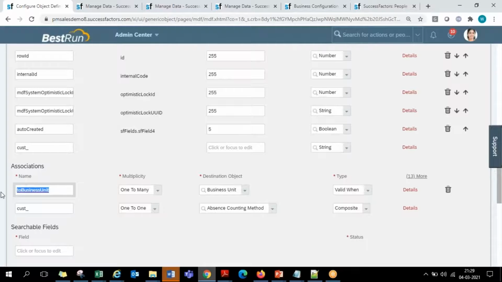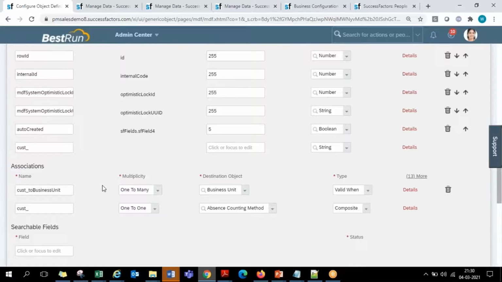Division to business unit is the name of the association they have given, that is, in the division object, the association to the parent is called to business unit, the name that the standard has given. And for every name, the system automatically adds cust underscore. So cust underscore marks any custom association. This will not be present by default in the system. When you go to the customer system, this is not a default linking between the layers. You are connecting them, so it's a custom thing. So cust underscore is something the system will automatically concatenate as a prefix.